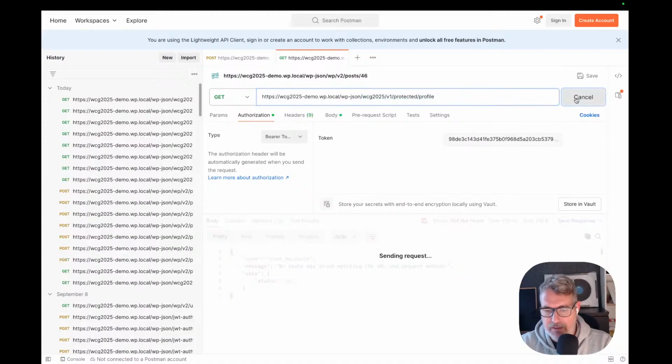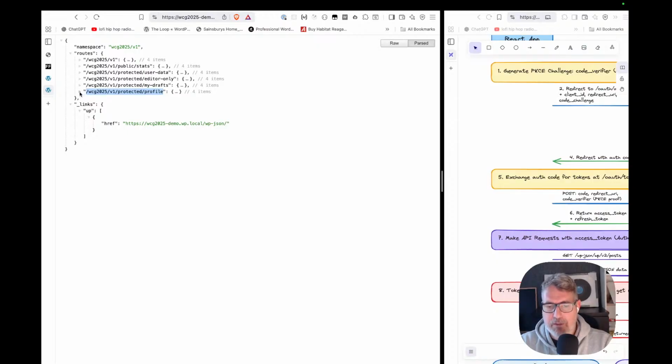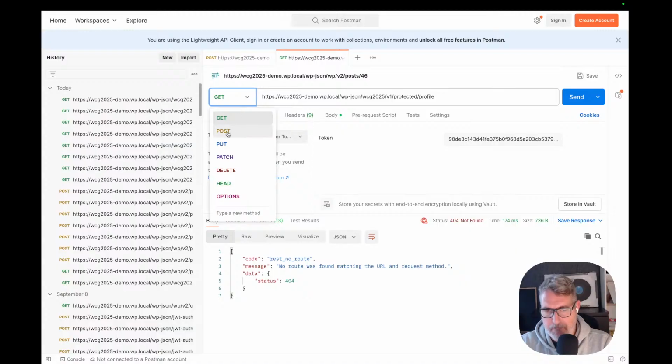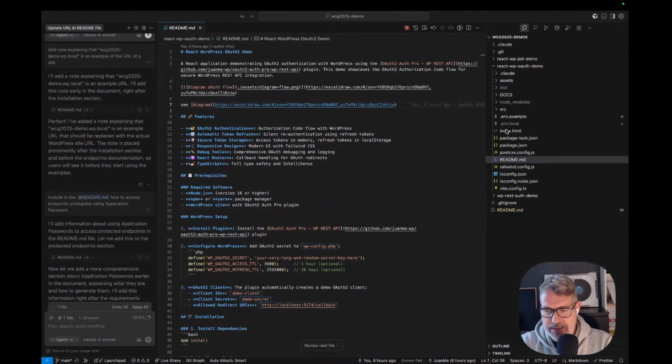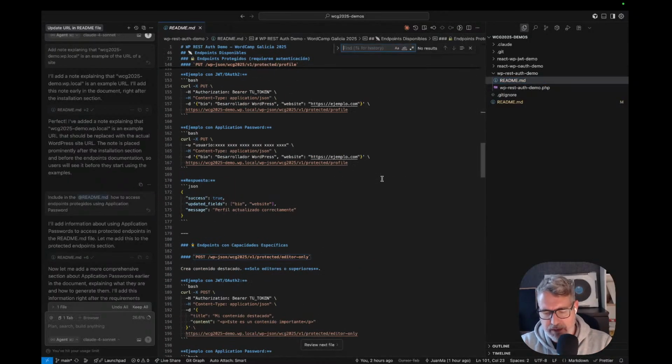Okay, because this is a post method. And this post method, let's check. This is the profile,